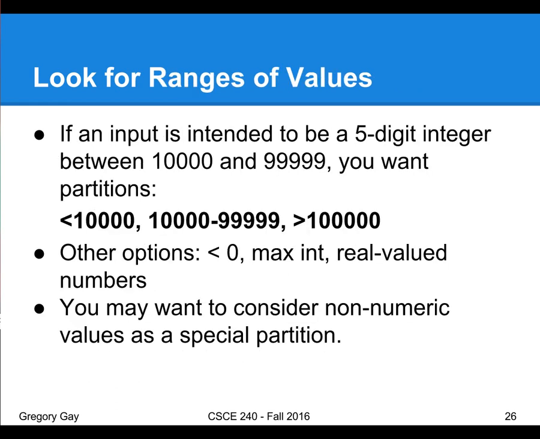If you're dividing any input into partitions, it's pretty natural just to look at what type of input it is, and how you could split the values of it into discrete ranges and choose from those. And any value from a particular input range should generally have the same effect, right? You want to typically look at this in context. If you're passing a 5-digit integer, so that's going to be between 10,000 and 99,999.